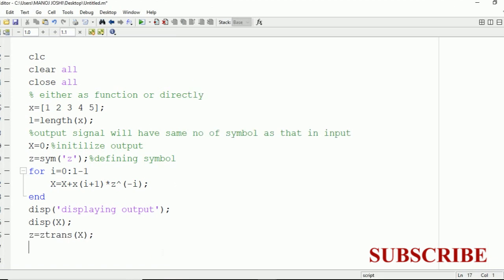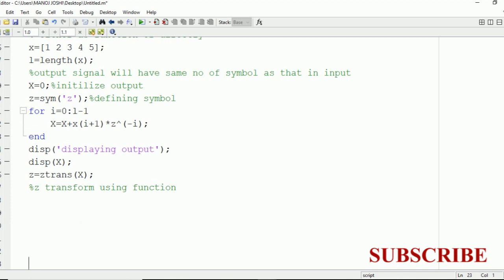Now we can also find the Z transform of a signal using a function. For that we have a standard ztrans function in MATLAB. So we are going to make use of the same function. Let's write the code. We are going to take one example first, an example of sin n. In the case of sin n, we have n as the symbol, so we need to define that symbol n first. We can define the symbol using the syms command. So syms n, f equal to sin n.